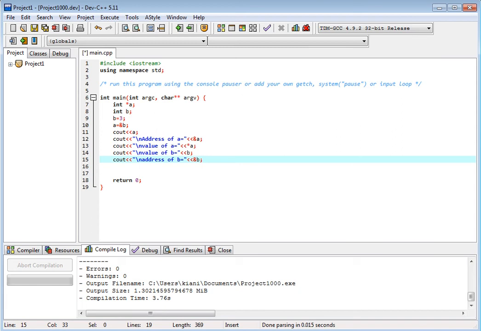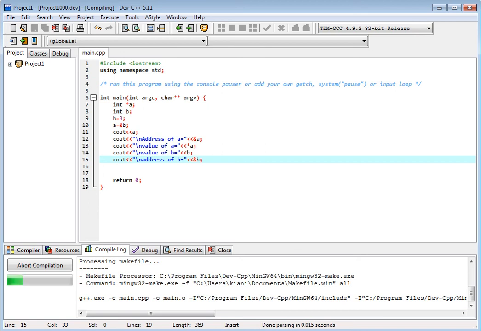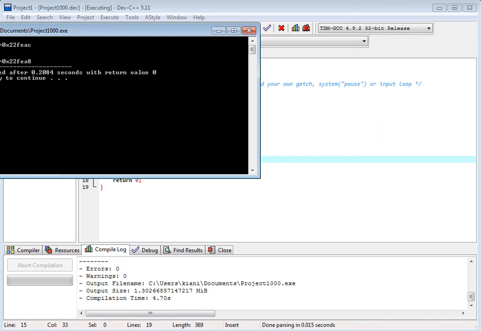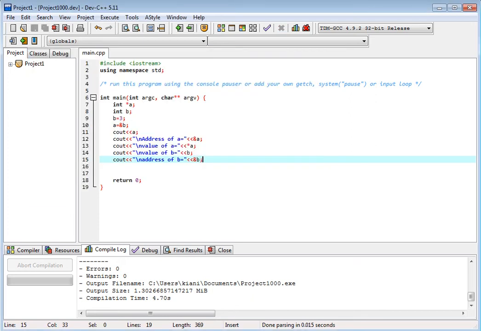So this is how we use it. Let's see what the output is. Okay, this is the value. Address of a is this, value of a is 3, value of b is 3, address of b is this. So this is a simple pointer mechanism.